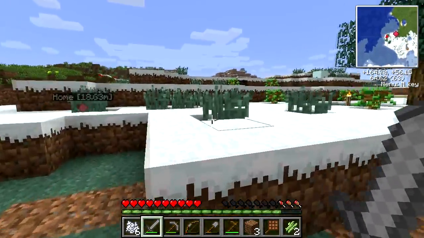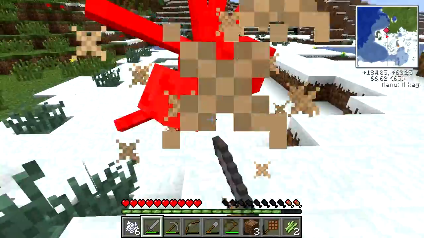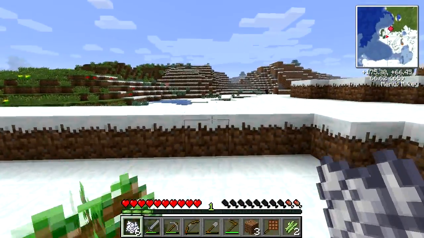And let's go kill the spider because experience would be good, string would be good, and spiders are bad. Die! Alright, down goes the spider. We're getting pretty low on health here. Luckily enough, we killed a skeleton last night, so we can...